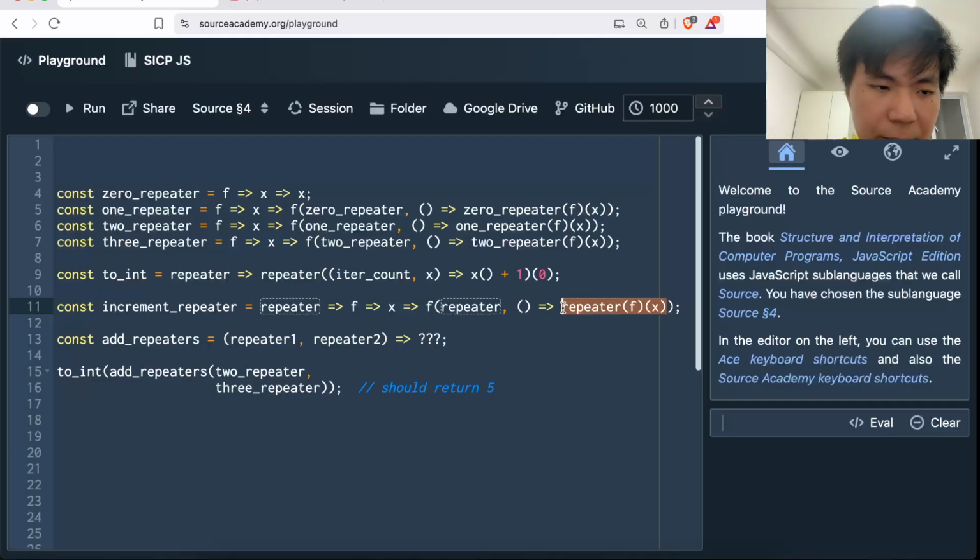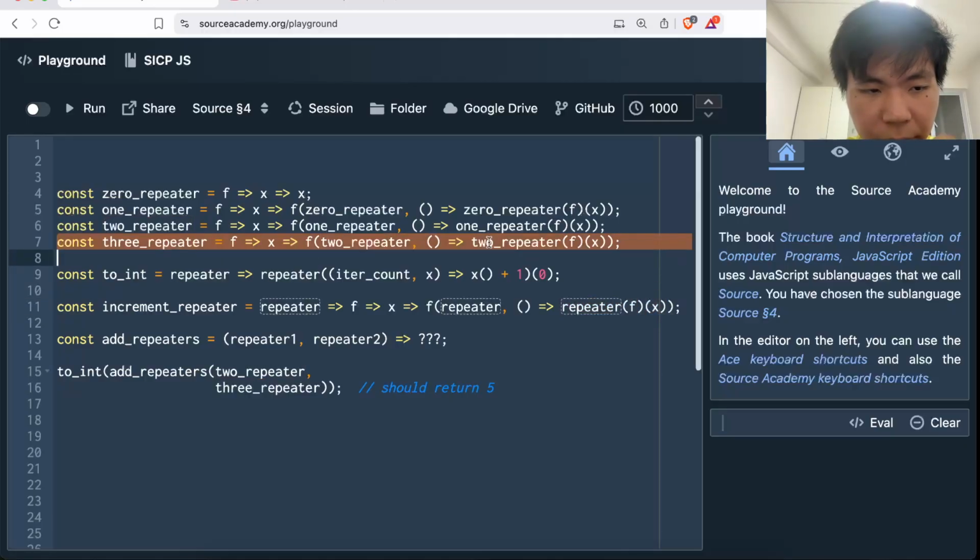So this is just replicating the behavior we see over here. This makes sure that if I call increment repeater on 2 repeater, it gives me 3 repeater, right? Exactly as defined over here. So it makes it consistent. So this is our church numerals now, and working with this definition,